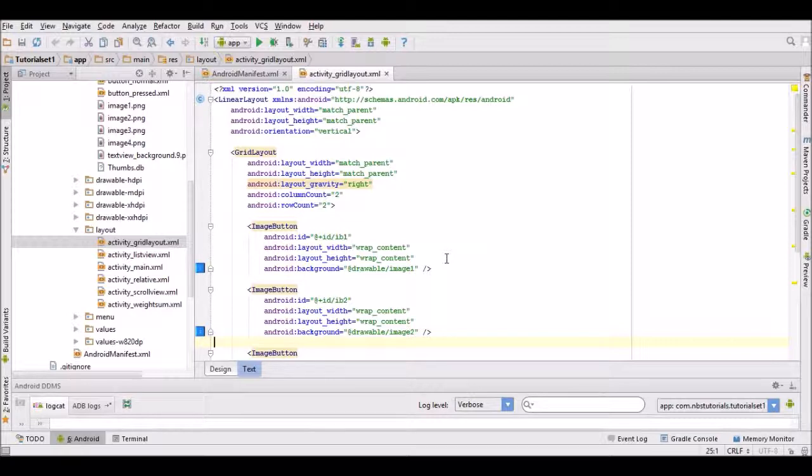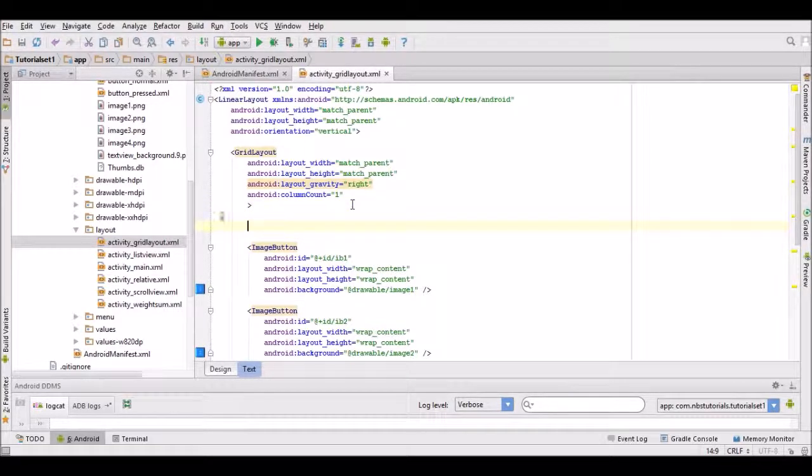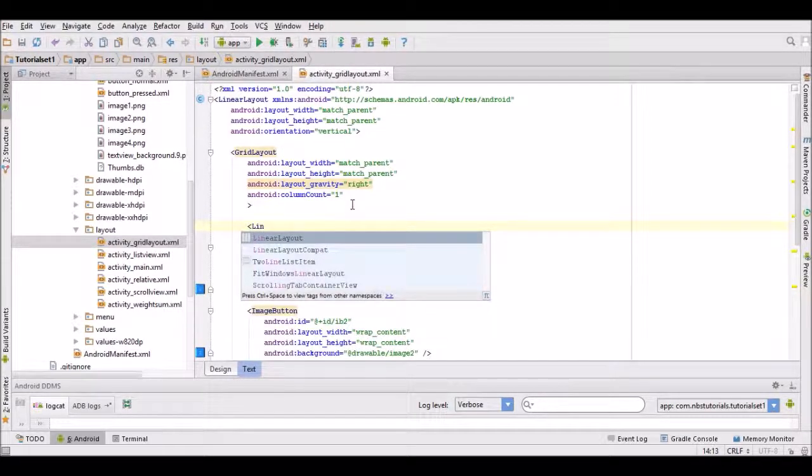First of all, we need to change this column count to 1, and I'm going to take the row count out. I'm not going to use it in this example. I want to get two linear layouts in here, and then I'll start arranging the image buttons. So first of all, let's just put a linear layout in there. We'll just type this out. Linear layout,